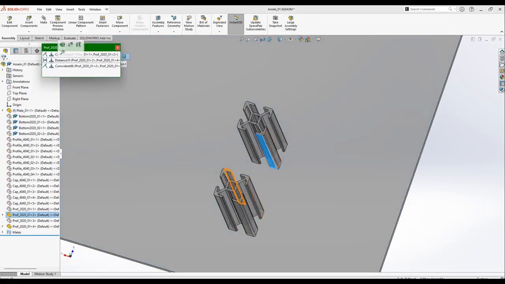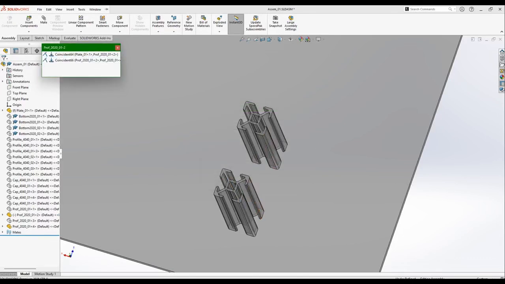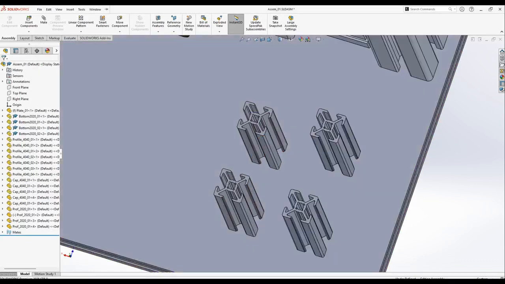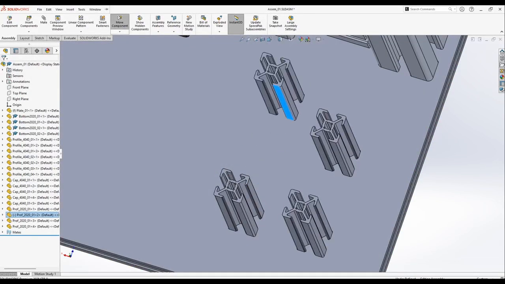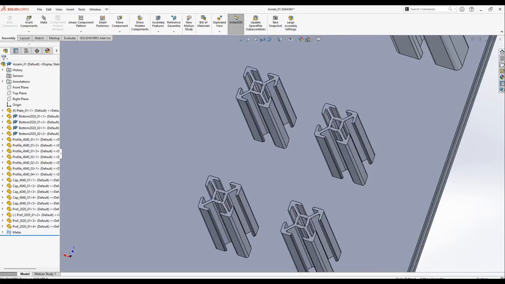I open this, click to distance and delete. On the keyboard, click delete. And answer the question, and you see two mates. If I close it, I can move in that direction. Now, as I told before, the better position is this and this surface, assigning